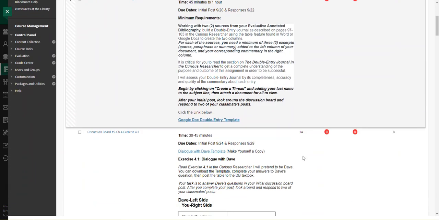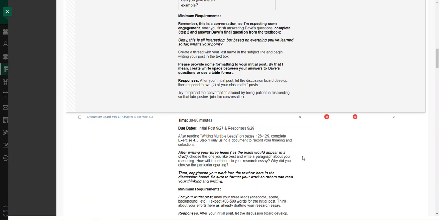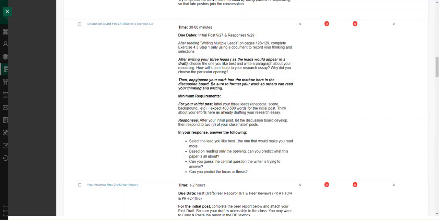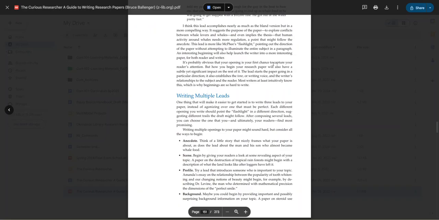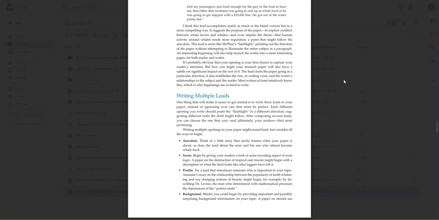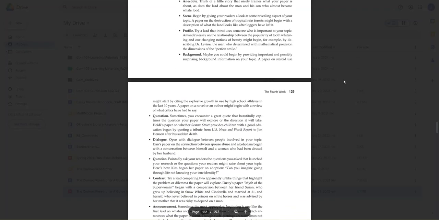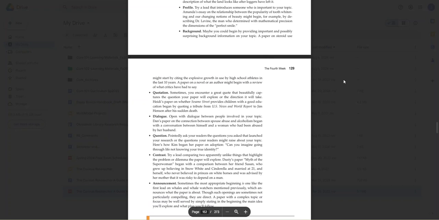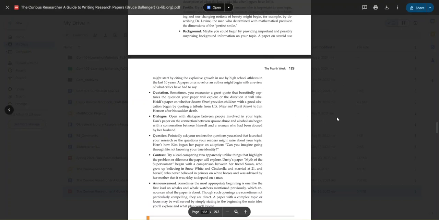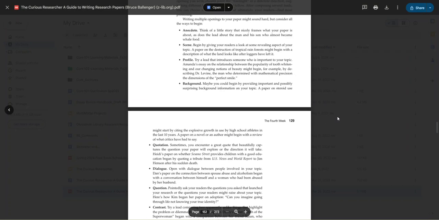One thing I do want to point out, let me get down to the exercise 4.3. Now this is where Ballinger offers up multiple leads or introductions. He breaks down how to go about either the anecdotal, the scene, the profile, the background. He goes on to quotation, a dialogue, question, announcement, contrast, and he describes some of the ways to achieve those.